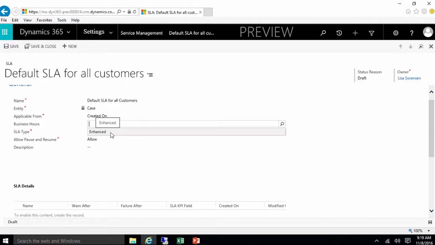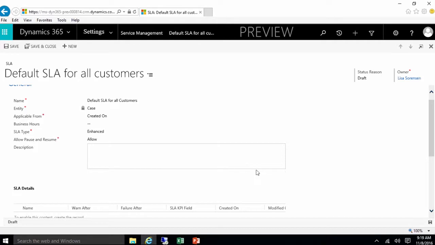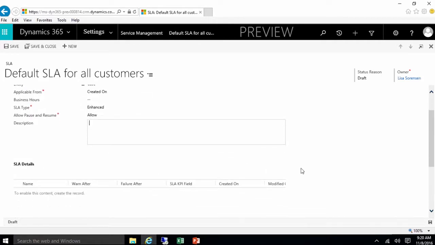Now you'll also notice that the SLA type defaults to enhanced, but this is also where, should you want to use a standard one, you can select the type that you want. As I mentioned though, the default setting is enhanced. The other thing that you can also do is allow pause and resume. So if there's a reason that we have to put that case on hold, we're waiting for the customer to get back to us, or we're waiting for a third-party provider to follow up with us on that information, we have the ability to pause and resume our service agreement